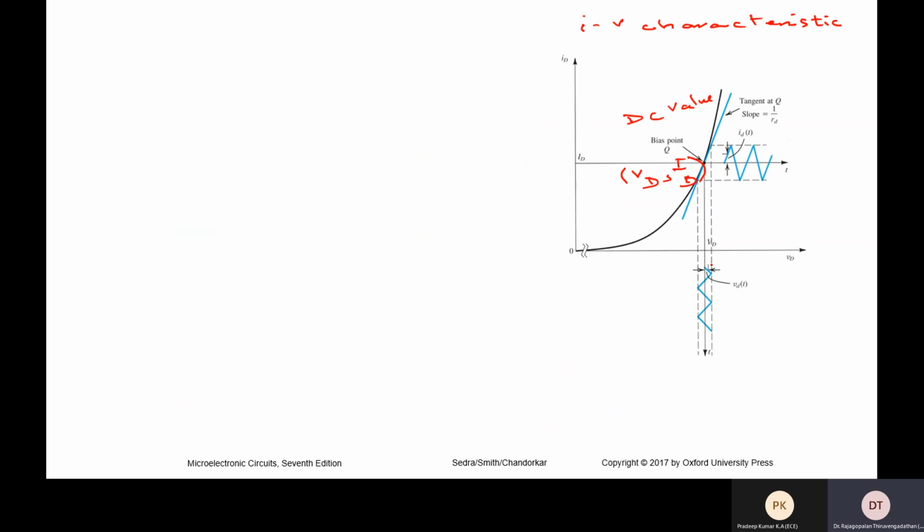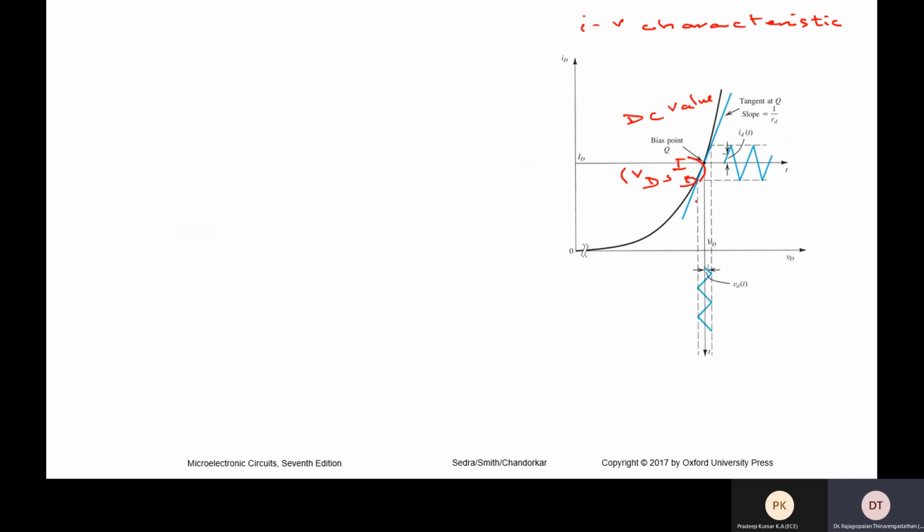Now on this we have a superimposed triangular small signal. This triangular small signal can be even sinusoidal, but whatever variation you have here, the corresponding variation will be reflected over the current also, the small signal current. So you look at here how carefully you have to draw. Let us begin with this point.